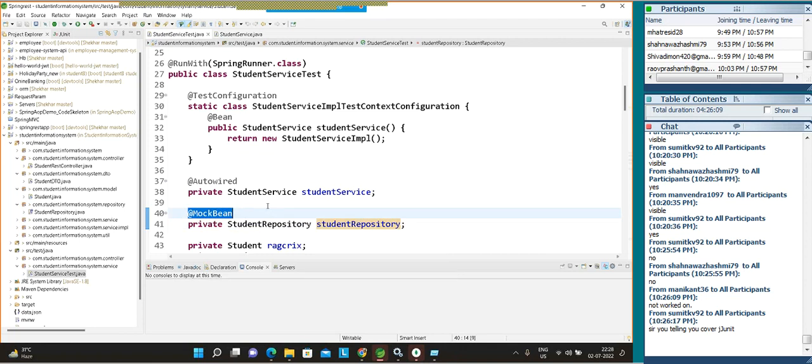Mock means, you understand, mock means what? Suppose you have a real exam; before that you have a dummy exam. It means the patterns are there, so you can understand that this is going to be the questions at the exam level. So we have the mock bean concepts, autowired with the service,